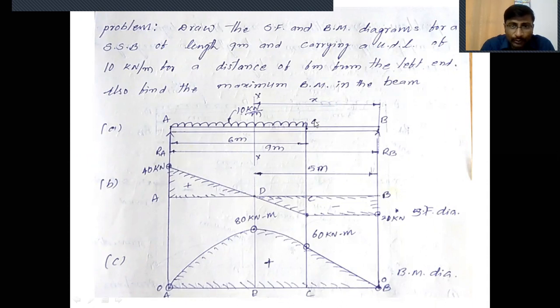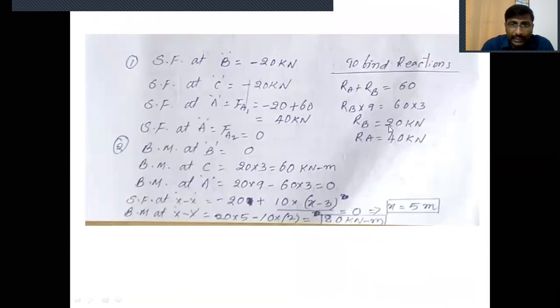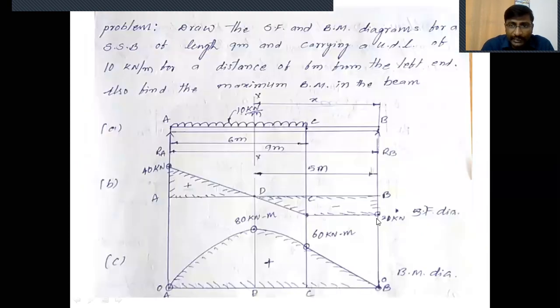Here we have 3 points on the beam, B, C and A. Shear force at B. How much is the shear force at B? The force acting at point B is RB, which is in the upward direction. Upward direction means it is negative. That's why the RB value is minus 20 kilonewtons. Shear force at point B is directly written as minus 20 kilonewtons. Yes, students, this minus 20 kilonewtons is constant between B and C, because no load is acting between B and C, therefore the shear force is a horizontal line. Up to C it is constant.